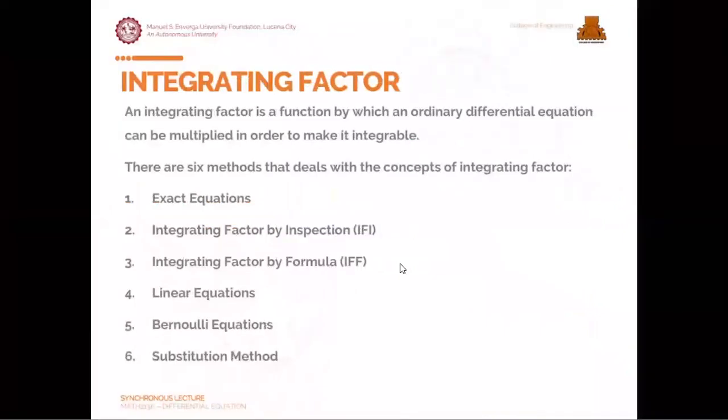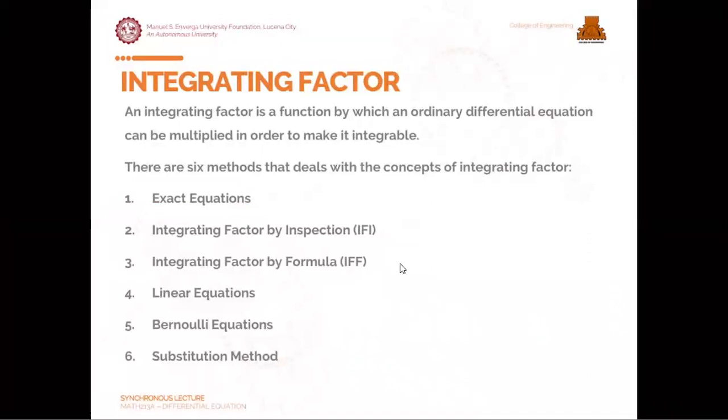Okay? So, since may usapan natin yung integrating factor, maganda is i-define natin kung ano ba integrating factor. Okay? So sabi, ang integrating factor daw is a function by which an ordinary differential equation can be multiplied in order to make it integrable. Okay? So, ibig sabihin, it's a function, a polynomial function or radical function na i-multiply natin sa given differential